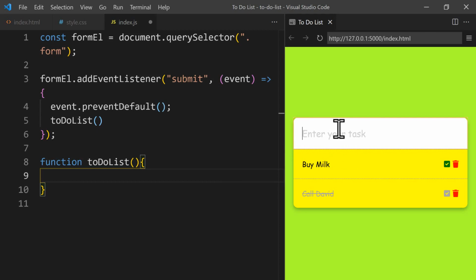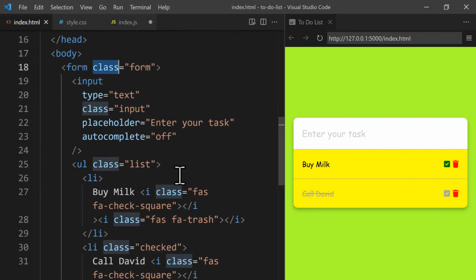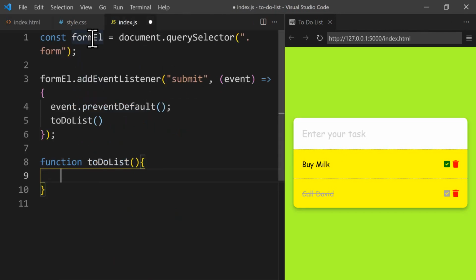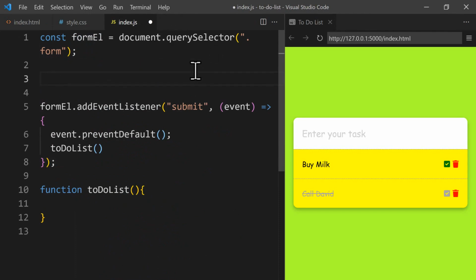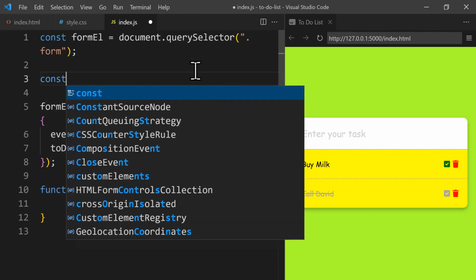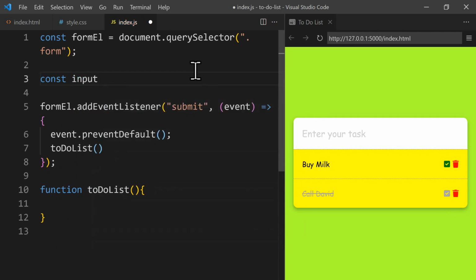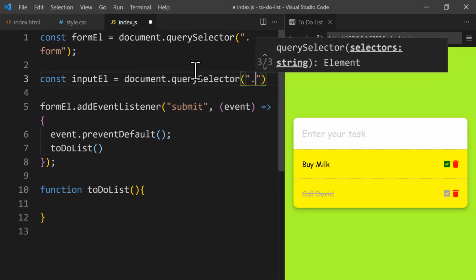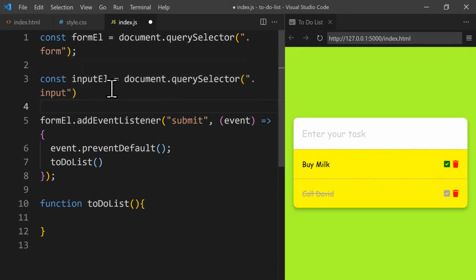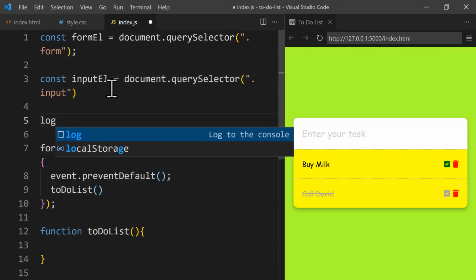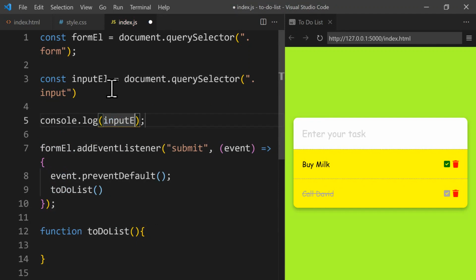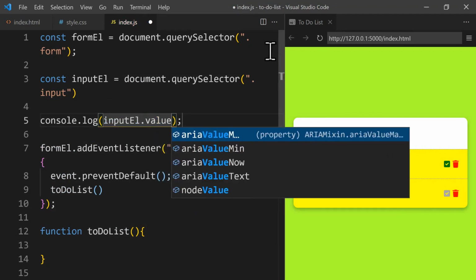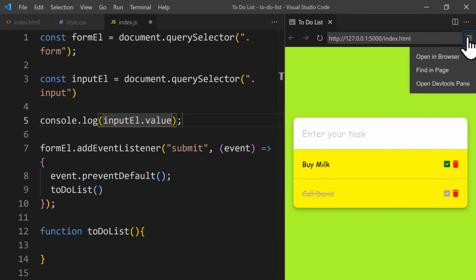In order to do that, first we need to return the input into our JavaScript. The input has a class of input, so it's the same as we did here. We use the query selector method to return the element. So we just write const input element, and we write document.querySelector, and inside a set of parentheses and double quotes, we write dot input. And if we console log input element dot value,